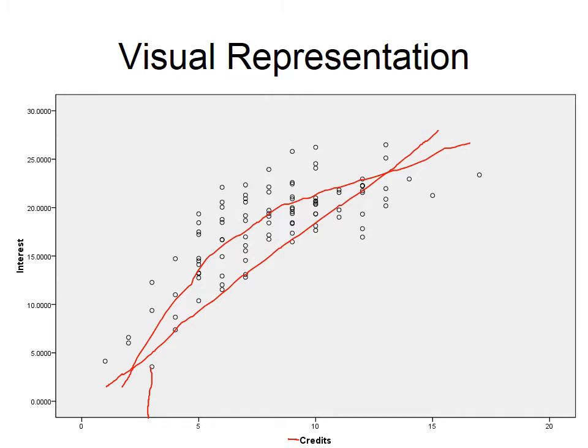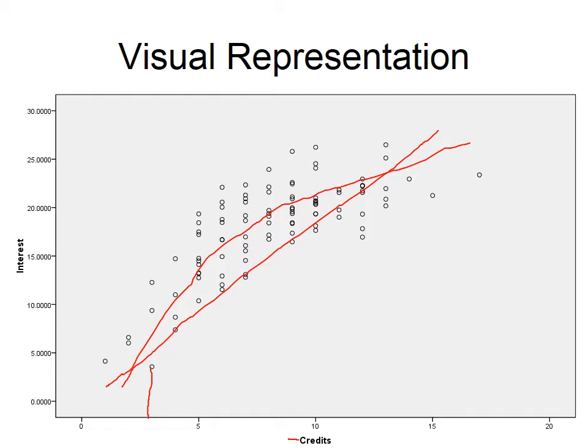So one of the best ways to look at our relationship is to plot it with a scatter plot. So if we look here, we have the number of credits people take in their undergraduate minor, starting at 0 and going up to 20, and then we have the amount of interest they have. So this person here took a low amount of credits, looking around 3, and has an interest somewhere right around 4. So not much interest, but not many credits.